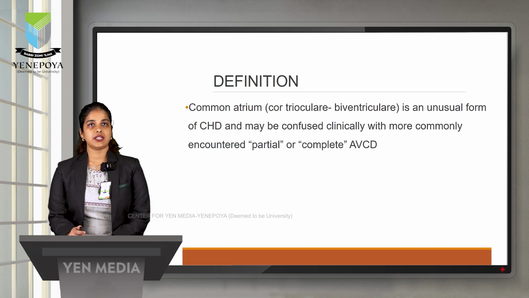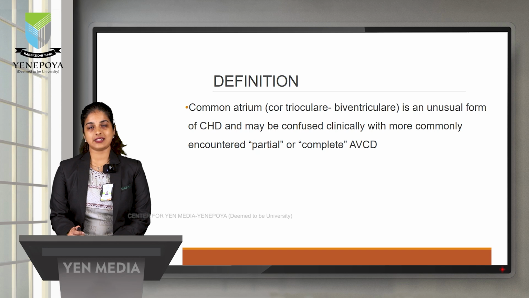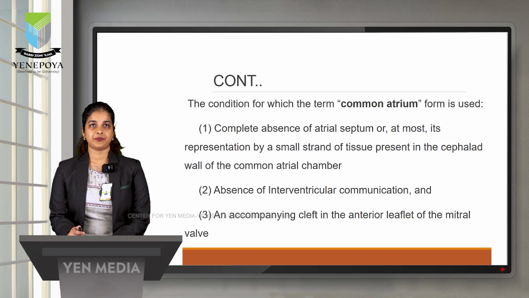To define common atrium, it is an unusual form of congenital heart disease, which is also called quadricular biventricular. It may be confused with the clinically more commonly encountered partial or complete AV canal defect. This anomaly is similar to partial or complete AV canal defect. Since it is very similar to other congenital heart diseases, we have certain criteria to define common